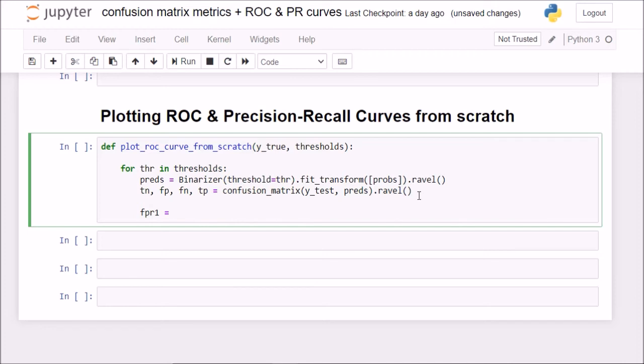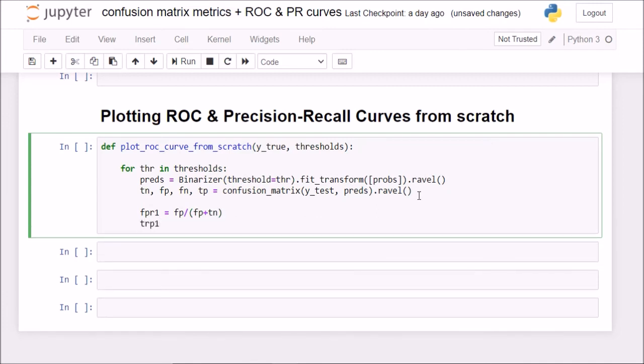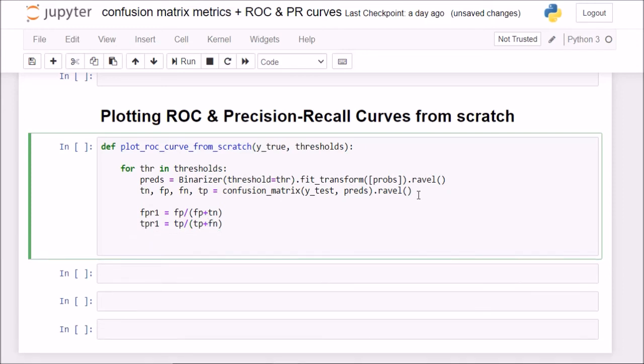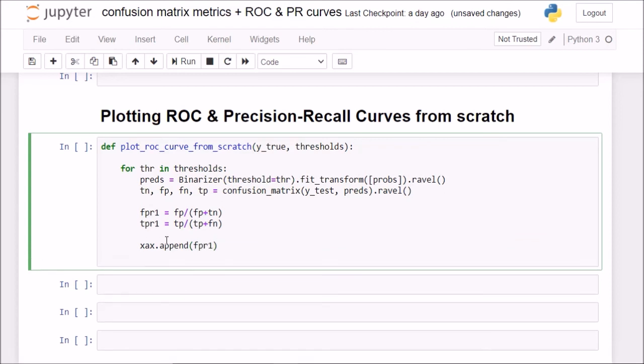It is basically false positives divided by false positives plus true negatives, and my true positive rate 1, this is equal to my sensitivity or recall, which is true positives divided by true positives plus false negatives. Okay, so now I need to find a way to save these results for each threshold value in my x-axis and y-axis coordinate points. For that, I'll say x-axis is equal to x-axis dot append and FPR1, and similarly I'll say y-axis dot append